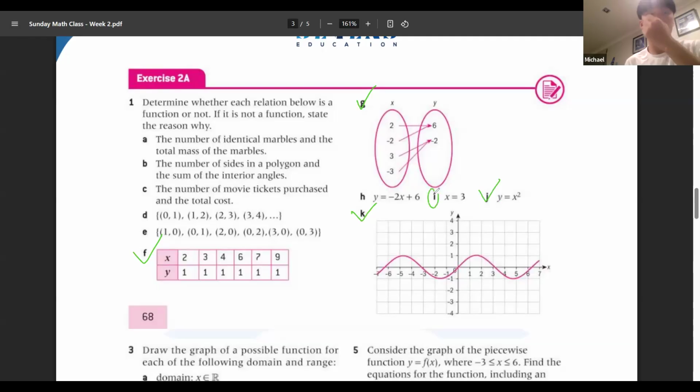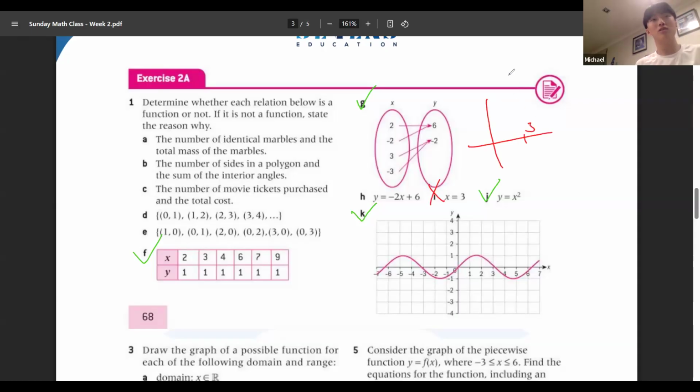What about I? No. Good sense of intuition. This is a no. And the reason why is because we plotted